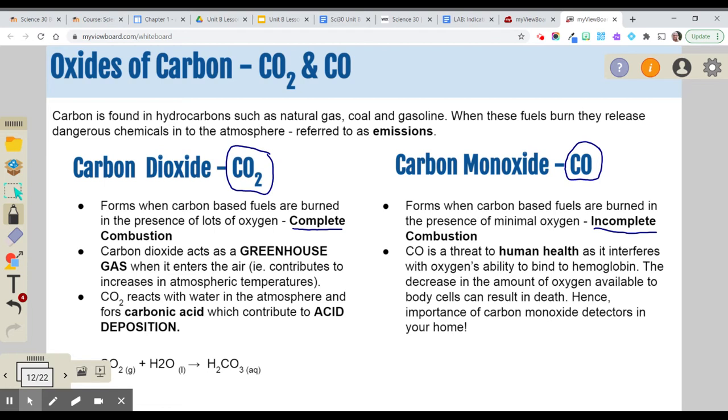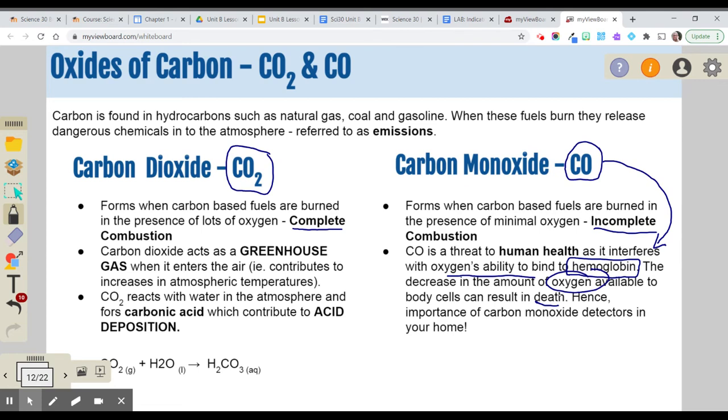Now, what are the differences between these two carbon oxides that are being produced? Well, we just mentioned carbon monoxide. It's a threat to human health. It actually blocks oxygen's ability to bind with hemoglobin, right? And we learned about that in the last unit. And this will affect the amount of oxygen that's available to the body cells and can actually result in our